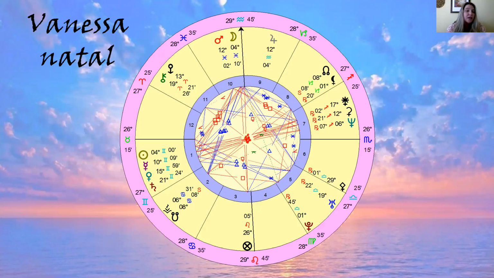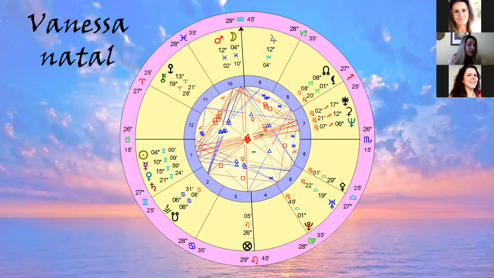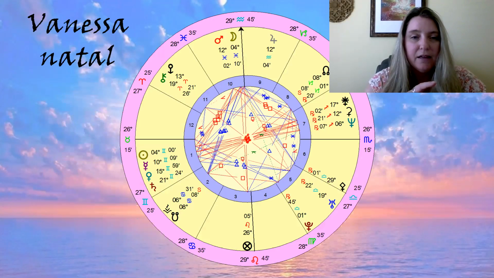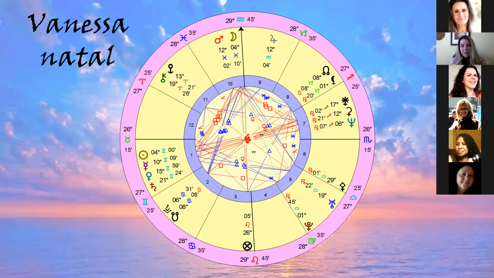Okay, so when we look at Vanessa's natal chart, we can quickly see that we have the Taurus sign on the ascendant. She's got Taurus rising, so Venus is going to be an important planet, and Venus is right there in the first house, conjunct Saturn. So note that. Also, the Sun is opposite Neptune in her chart. And not just opposite Neptune, but also in a T-square with the Moon and Mars up there in the 10th house in the mutable signs. So this is a strong signature within Vanessa's natal chart.